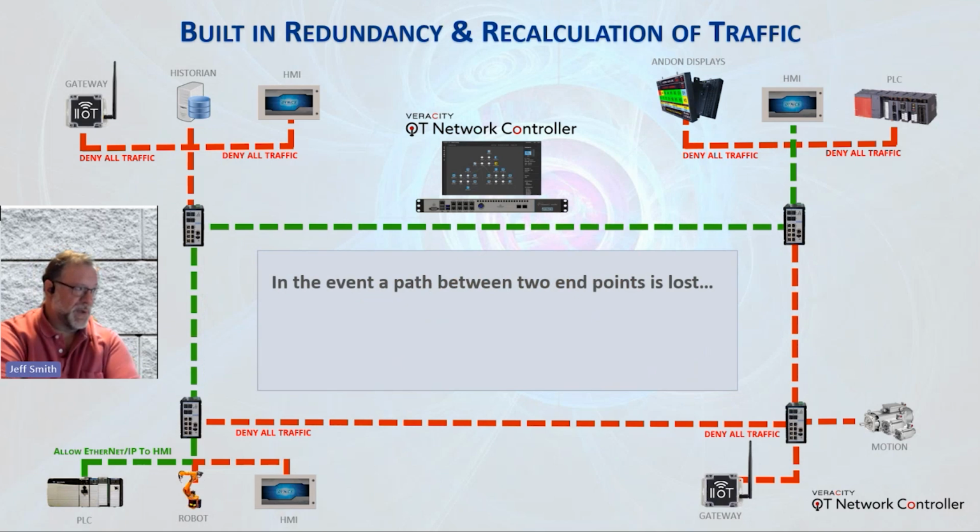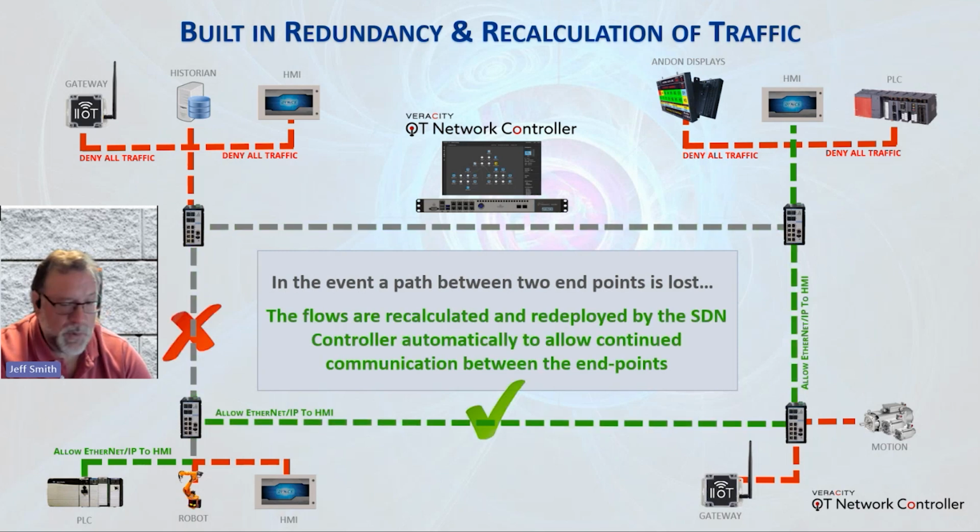Nice thing about the network is it's got built-in redundancy and healing. So if, for example, that communications path is broken somehow, somebody powers down that switch in the upper left corner, somebody unplugs a cable, or it fails, the controller will immediately calculate the next fastest path to communicate. And so it will immediately go the other route and start communicating.